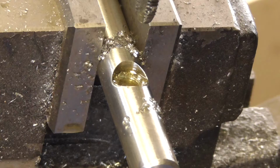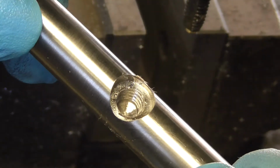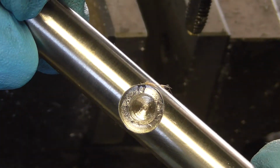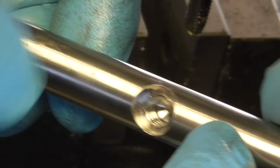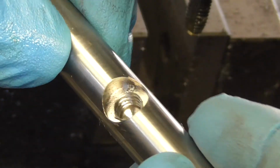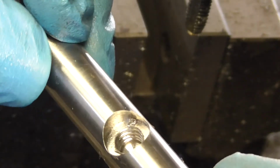Right, okay, well, next thing is pull it apart and see what it looks like. Right, let's get that out of focus. Well, there we go. That's actually worked out really well. I'm quite pleased with that. Got a little bit of deburring to do round here, but that's worked out quite nicely. So I can clean it up with a bit of brake cleaner and then see if the handle will screw